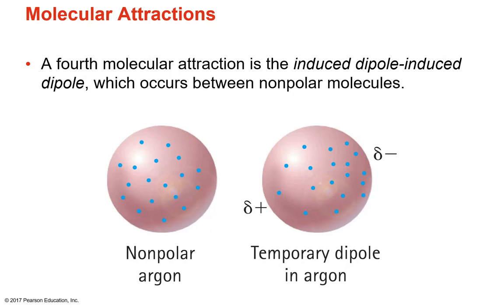That is, you take two things that are nonpolar. So let's say, for instance, I bring 2 helium atoms together. Each helium atom is neutral. But they have electron clouds on the outside and positive nuclei. So they have electrons all around the outside. If I bring them together, the electrons from one are going to repel the electrons from the other, and you can induce a small dipole moment. And then that induced dipole moment can make it attracted to the first one. As you can imagine, this is really weak,